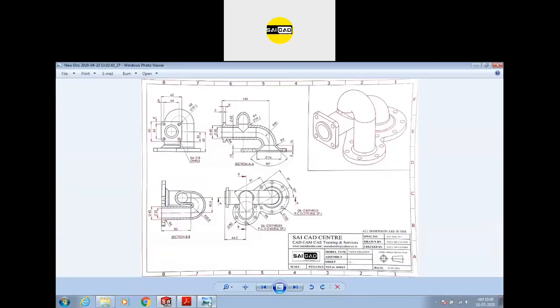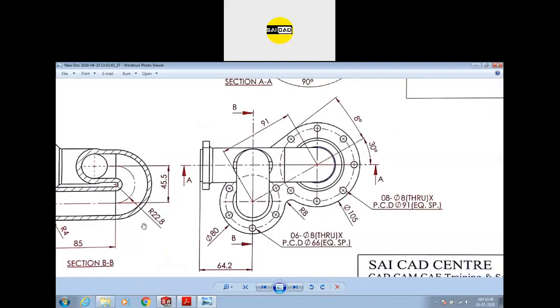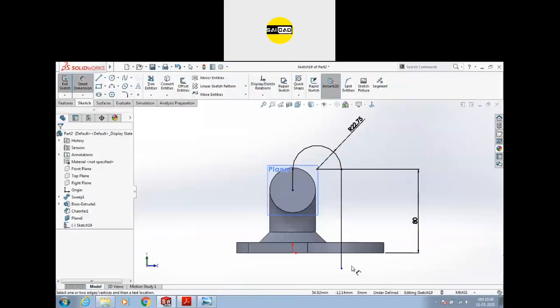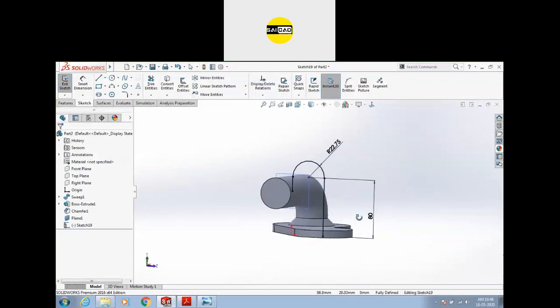In the drawing you will see there is a radius of 22.8 and there is a gap of 45.5. That is because the half value of the 45.5 will be 22.75, and we have a single digit precision, so the value is rounded off to the 8, from 75 to 8. It is a round off value. So next we have to define a relation here also, and you can see that we have a path.